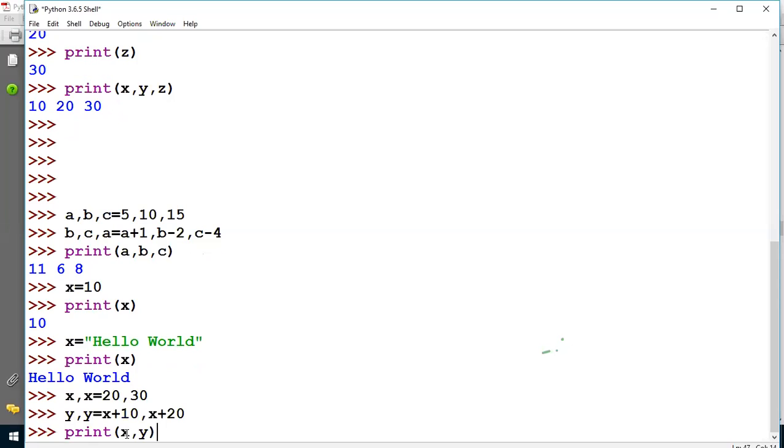What is the final value we get with the statement print x comma y? Calculate. What is the value of x comma y?